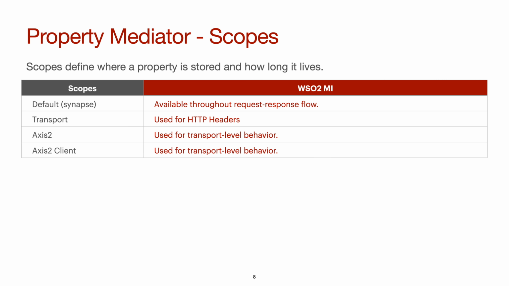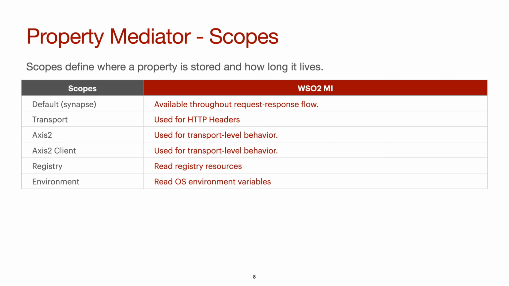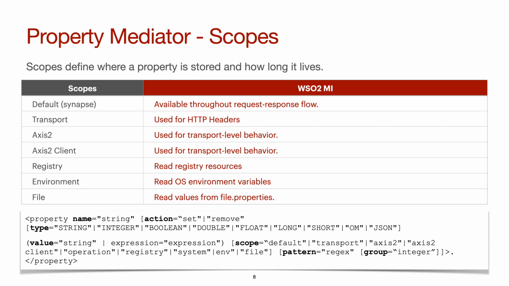Axis2-client is also similar to Synapse scope, but the difference between the two scopes is that axis2-client scope can be accessed inside the mediate method of a mediator, via a custom mediator that is typically created using the class mediator. Operation is used to retrieve a property in the operation context level. Registry, this scope is used to retrieve the properties within the registry. System, this scope is used to retrieve system properties like Java. Environment, this scope is used to retrieve environment variables like env, and file, which is used to retrieve properties in the file.properties. Here is the sample